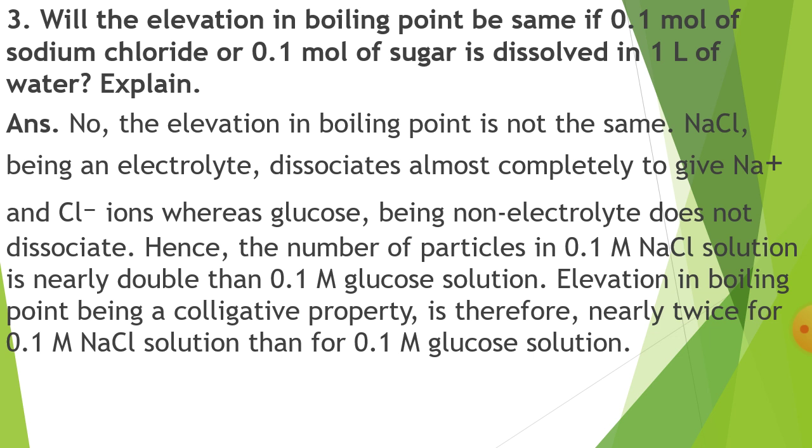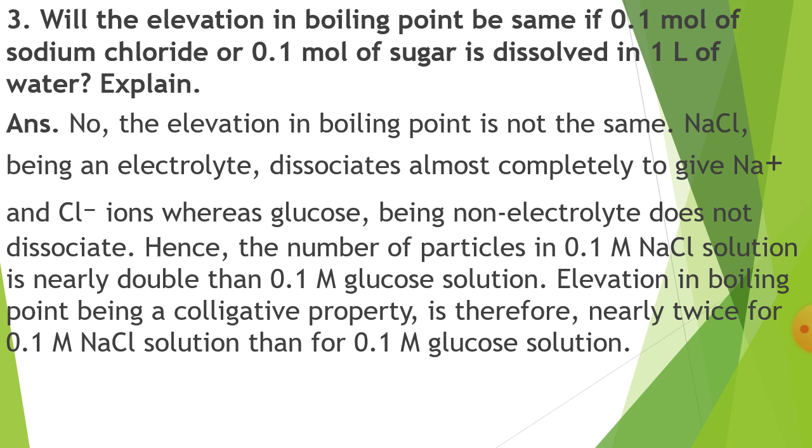Now here, NaCl being an electrolyte dissociates almost completely to give Na plus and Cl minus ions, because this electrolyte is a strong electrolyte, whereas glucose being a non-electrolyte, non-electrolyte means which does not dissociate into ions. Glucose, sucrose, urea, these are the non-electrolytes. Here glucose being a non-electrolyte does not dissociate, hence the number of particles of 0.1 capital M